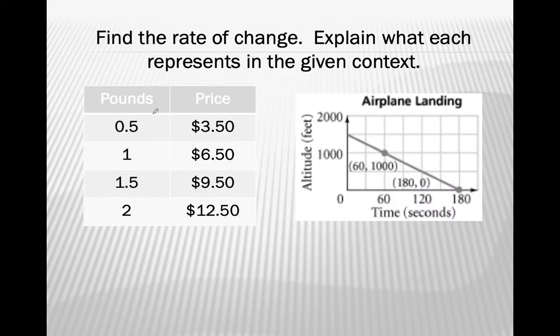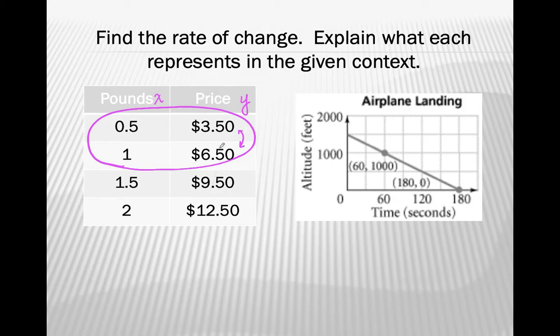Okay, taking a look at this first example, we have a table of 4 values. Remember, we only need 2 ordered pairs to find our rate of change. I usually just do the first 2. You could really use any 2, but I'm going to use the first 2. The pounds represents our x values and the price represents our y values. So what we need to do